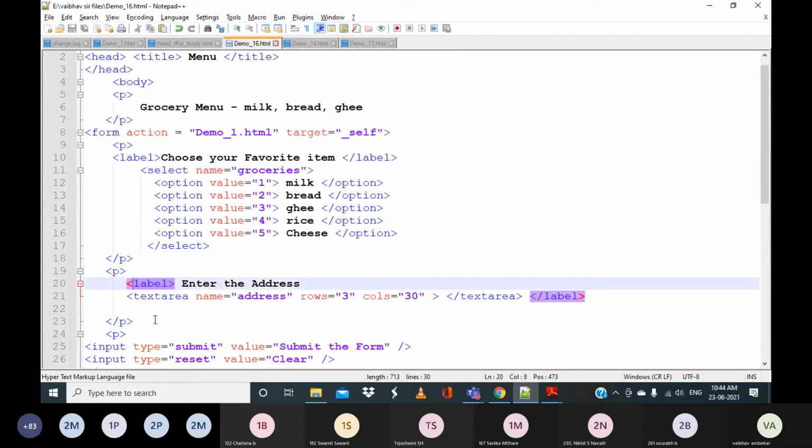Or they can ask you to explain the checkbox and radio button, or they may ask you to explain the differences between checkbox and radio button. And then, why do we use the select tag, what is the advantage of having the select tag?